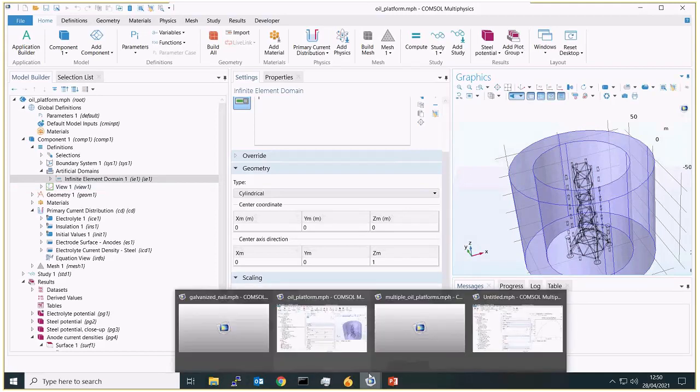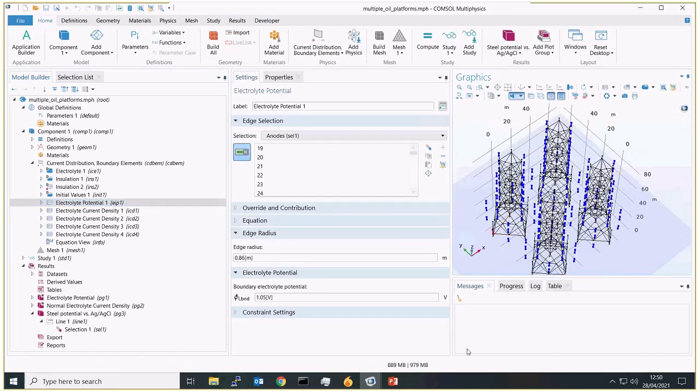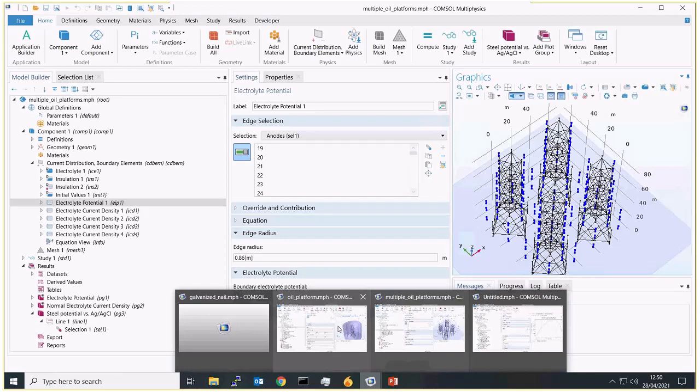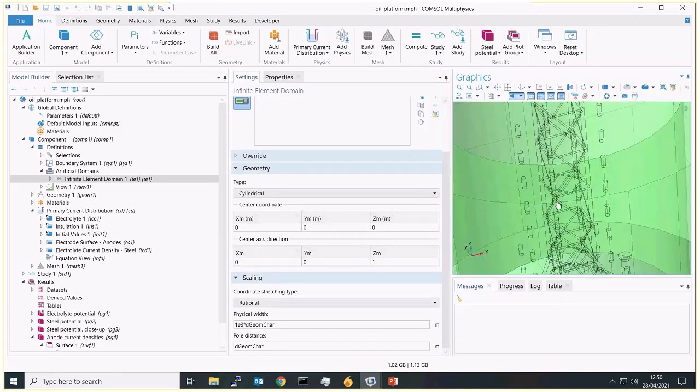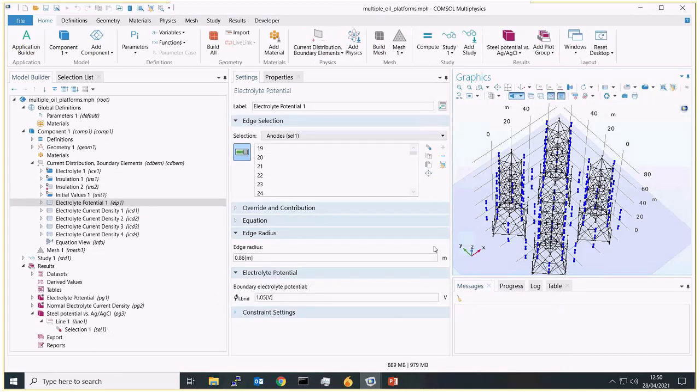I also mentioned the boundary element method. This is demonstrated here in our multiple oil platform example. Here we're representing the structure. In the previous oil platform, we had actual cylinders and beams representing our oil platform and our anodes, but we can simplify this down to edges, and with these edge electrodes you can then just define the radius of the edges.